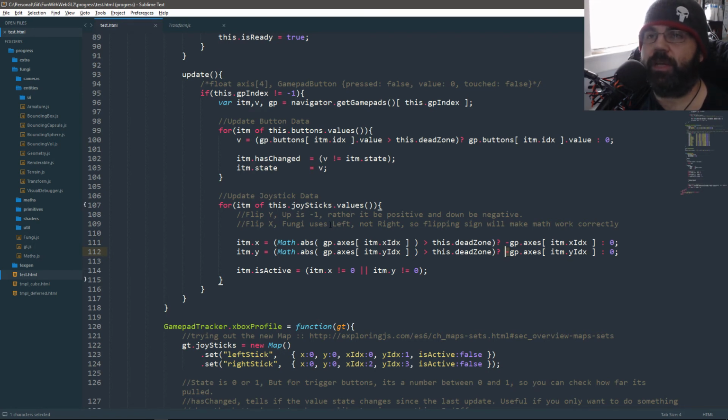So I always got to go negative when I'm dealing with Y, which is just how the camera is. If I were to change a couple things, I probably can use positive for Y. But X, I can't do much about. I have to flip it because the positive direction is left. It's not right. So I have to flip the values so the Gamepad passes in the right information